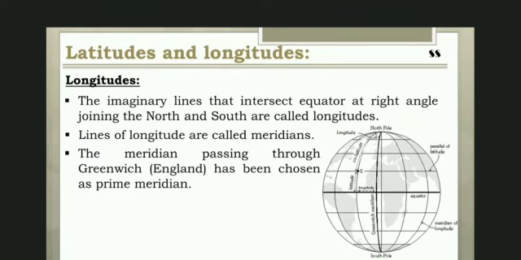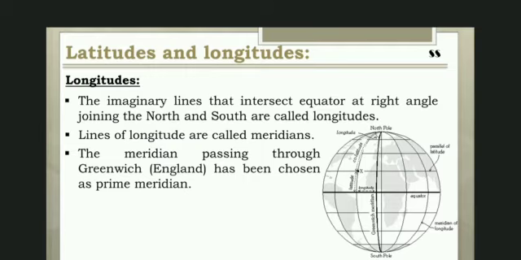Latitudes, children. Latitude is an imaginary line which joins all the places which have the same angular distance north or south of the equator. The equator, 0 degree, is the longest line of the latitude, known as the Great Circle. There are 90 degrees of latitudes on each side of the equator. 90 degrees north and south are the poles. Including the equator, totally there are 181 latitudes on the globe.